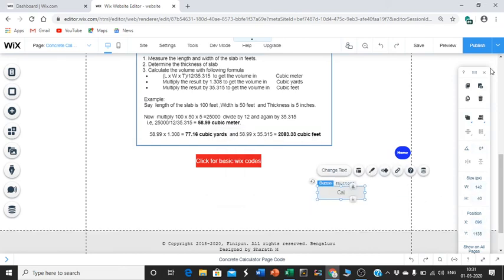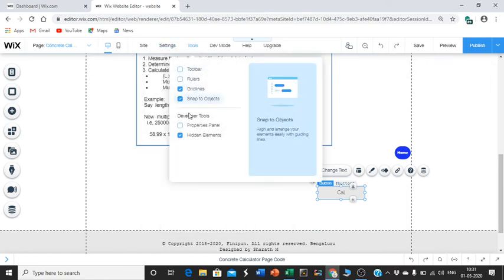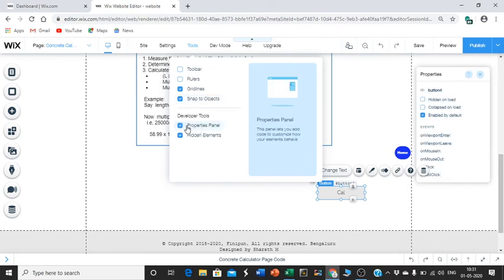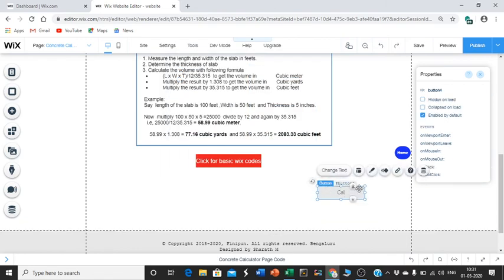Now go to developer tools, under tools, developer tools, and click on the property panel. Once you click on the property panel, you see this button is given the name button 4. This is what is appearing, and you can change this. Button 4 you can change it. Click on this and change. See, it's highlighting. Anyway, I'm not going to change it now, for timing.